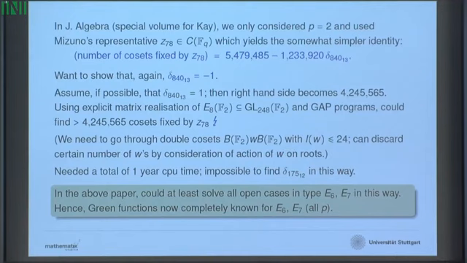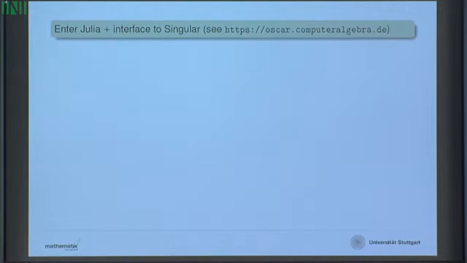And this was for p equal 2. So if we do p equal 5, no way. Okay, so